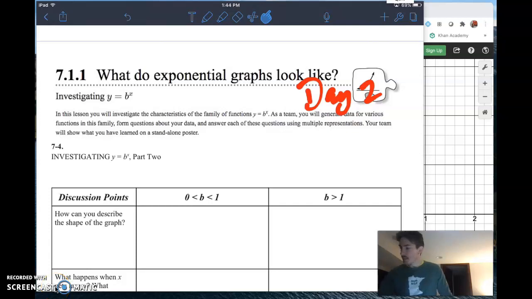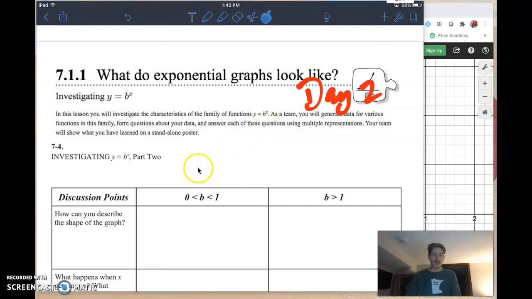Hey everybody, it's Mr. Anderson again, and today we are going to talk about section 7.1.1. We're going to talk about the second day of this section, and our goal today is to talk about some of the differences that we experience and what causes these differences specifically in exponential functions, the way they look graphically. And we will one more time use Desmos for this process because it's a really, really good tool for